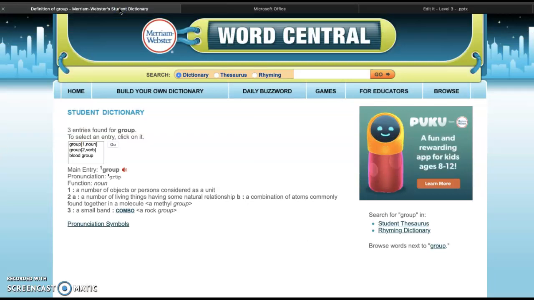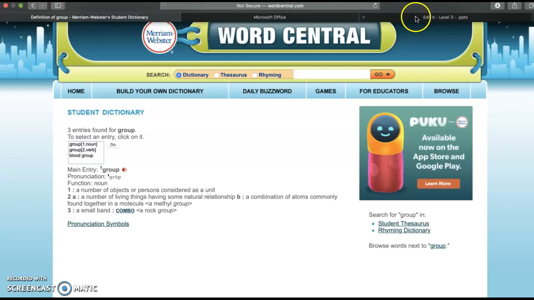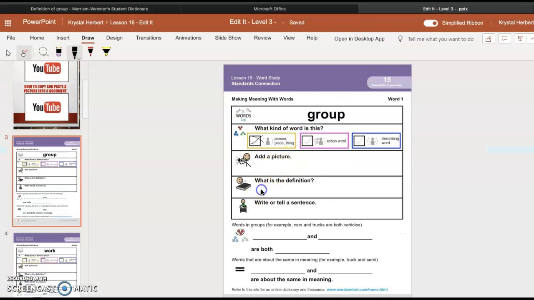So, a group is 1, a number of objects or persons considered as a unit, a number of living things having some natural relationship, or B, a combination of atoms commonly found together in a molecule, or 3, a small band. So what we're going to do is take the definition for number 1, and that is a number of objects or persons considered as a unit. And I'm going to go back over here, and under what is the definition,